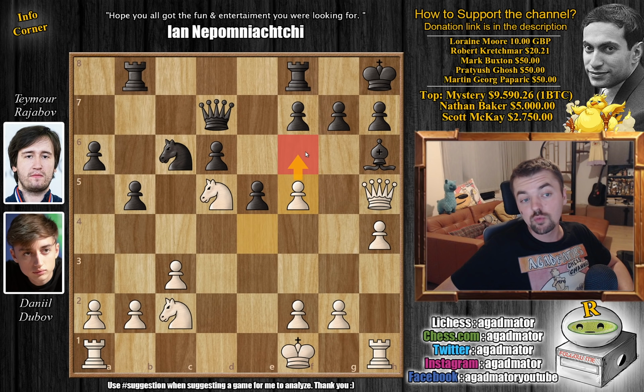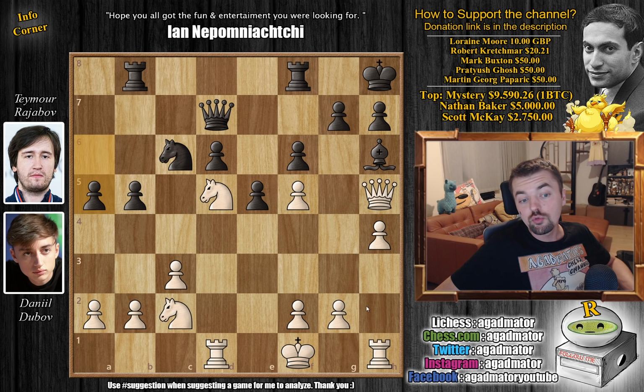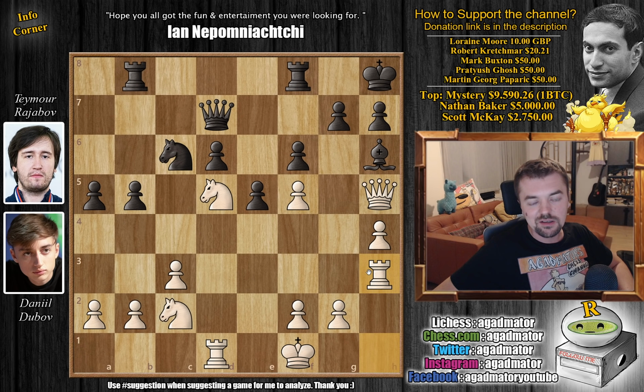So e captures on f5 instead, keeping the tension. And now, of course, you do not want to allow white to push f6, so black pushes f6. And now rook to d1 by Dubov, bringing that rook into the game. And Rajabov goes a5. He just continues advancing his pawn on the queen side. He says, I'm very safe here on the king side. And Dubov again, rook to h3, going for that attack, similar to what we've seen in the game Levon Aronian